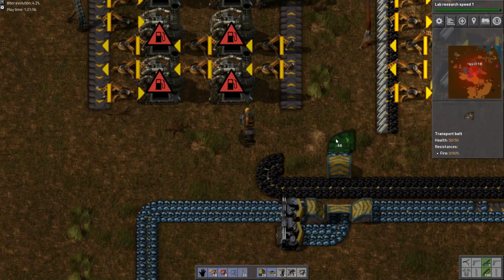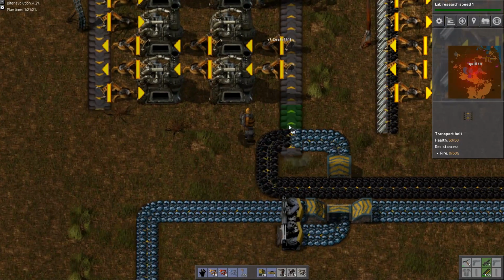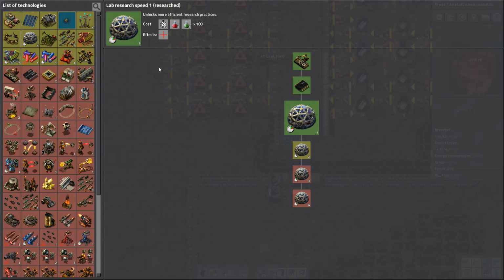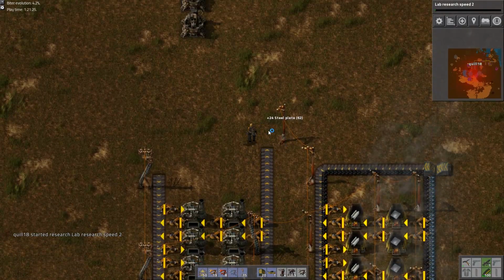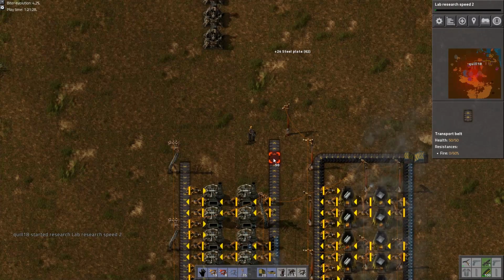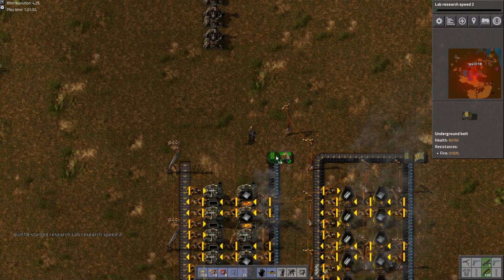I'll fix you up again after. There. Alright, you get started. Lab research speed. I'm going to want the second level as well, at least, so may as well get that now. So you are actually going to be doing the same trick as here, where you are going to just grab